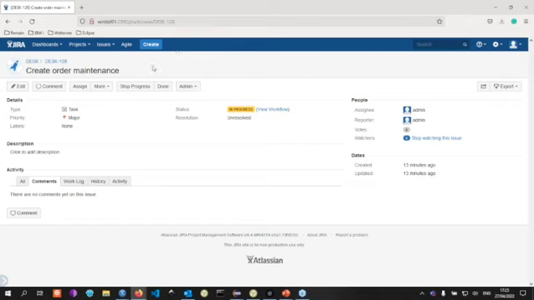You can file an issue, you can assign it to a person, you can add comments and attachments, and then you have filed your ticket. So I filed here an issue that says create an order maintenance program. Apparently there is no order maintenance program, so we are going to create one today, very lightweight, obviously, and we're going to show you in that development process how change management is integrated inside Synon. Okay, so the ticket is there.